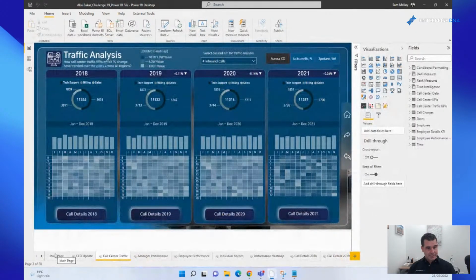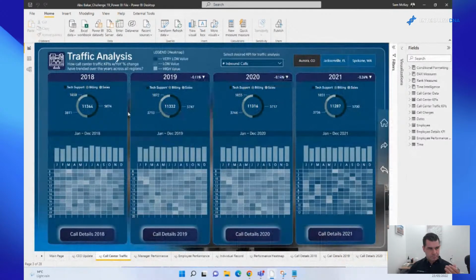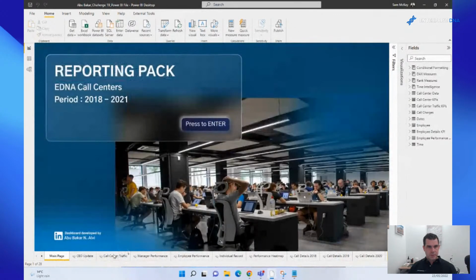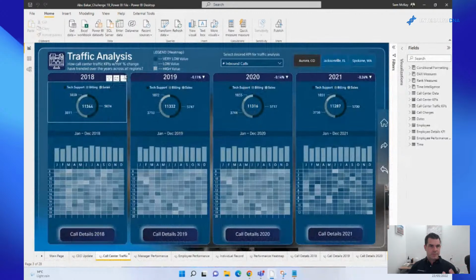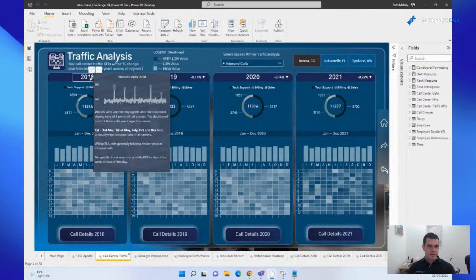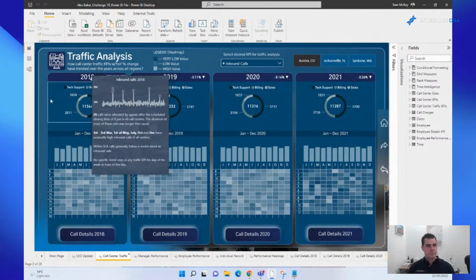So this particular report here was actually the winner of our Challenge 19. Okay, so big shout out to Abu, I think it was. Yep. But again, let's just have a look. Simple grid pattern, right? Very symmetrical and very simple. And the other thing about this, right, is having it in grids and thinking like this in grids. There's a lot of other really fantastic things embedded into this, which we'll go over shortly.